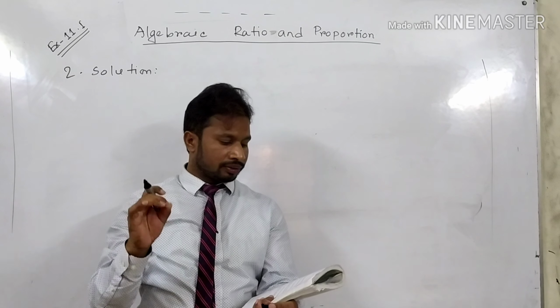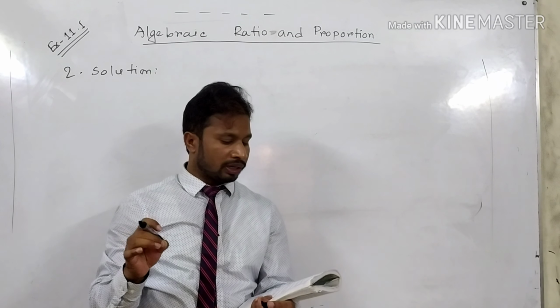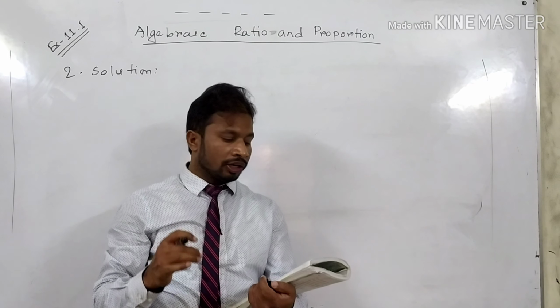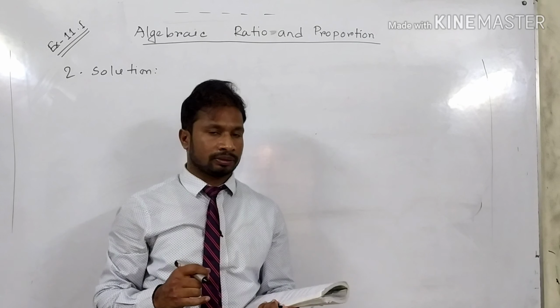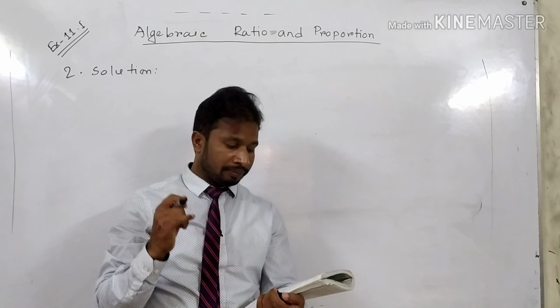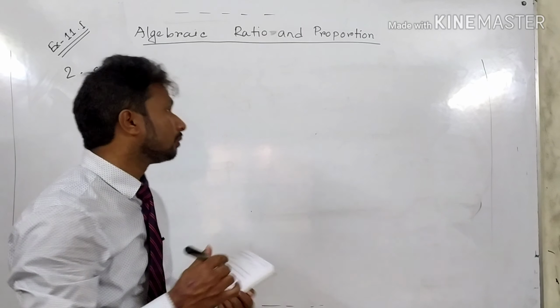If the area of a circle is equal to the area of a square, find the ratio of their perimeter. Okay, if the area of a circle is equal to the area of a square, find the ratio of their perimeter. Let